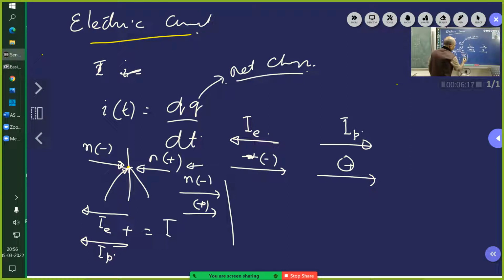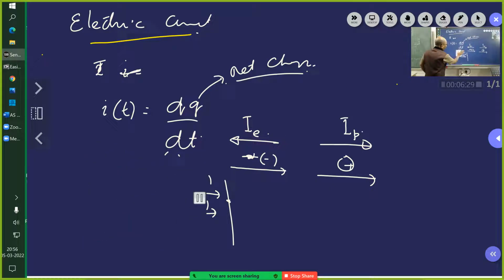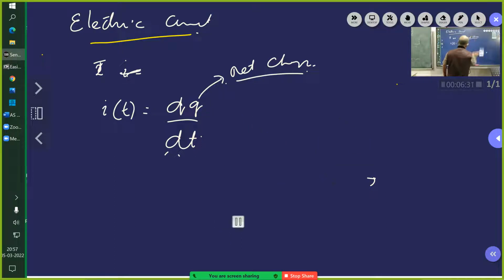Due to the positive charges, the current will be in this direction. And since both of them are n, the net current passing through this point is 0. Is it clear? Yes. That is what you have to see. So in our case the current is like this, and this is how the concept of current